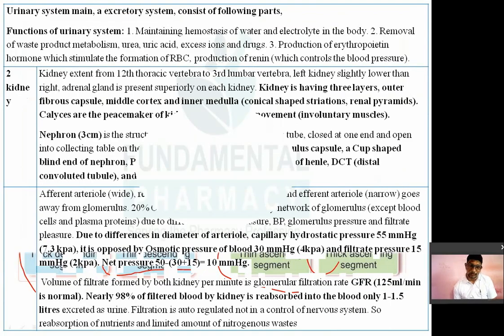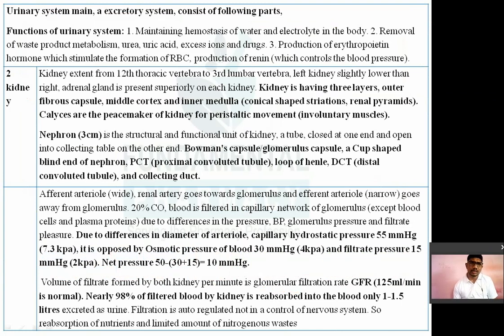Now you can see over here, the urinary system is the main excretory system, as I have told you. It consists of the following organs: two kidneys, two ureters, one urinary bladder and one urethra. Now what is the function of the kidney? Mainly the function of the kidney is water